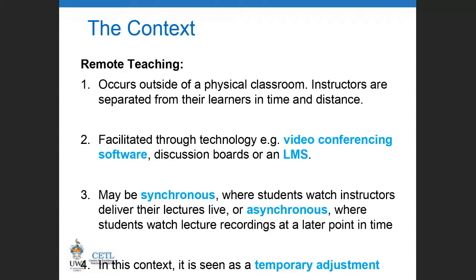So what we know about remote teaching and learning is that it's facilitated through technology. So of course, certain platforms such as Blackboard Collaborate, video conferencing software, and your learning management systems such as MyLearning are key things that you need at the very basic level in teaching in the online environment. You need your learning management system, which is your online class environment, and then you need your online or virtual classroom, which is where your virtual conferencing tool will come in. Sometimes people might use Zoom, but the official university platform is Blackboard Collaborate, right?